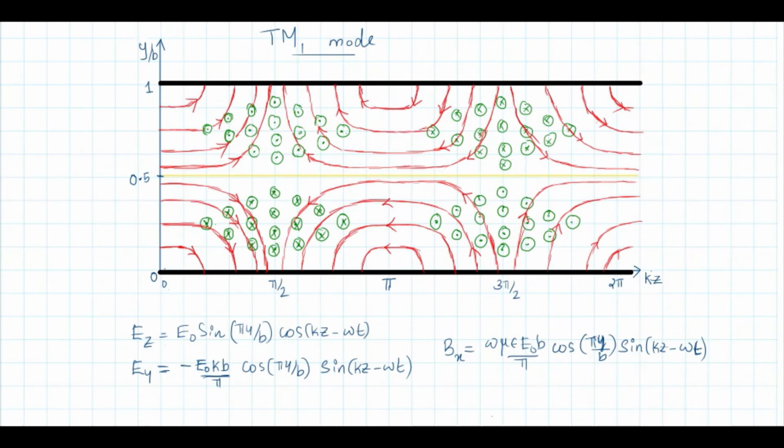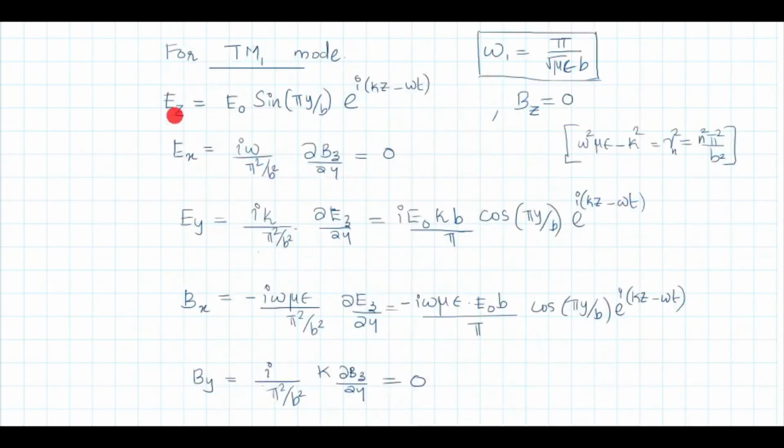What is meant by real part? Because for TM1 mode, this Ez actually has two parts, real part and imaginary part. What is e raised to i theta? It is cos theta plus i sin theta. So if you take the cos theta part, you will get the real part of Ez. But for Ey, you have already an i here. So when you write e raised to i theta as cos theta plus i sin theta, that cos theta part will be imaginary, and i sin theta, when you multiply it with this i, that will become a real part with a negative sign. So Ey, the real part will be minus of sine(kz minus omega t).